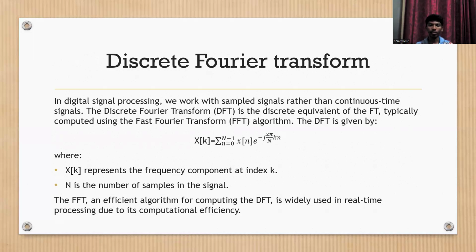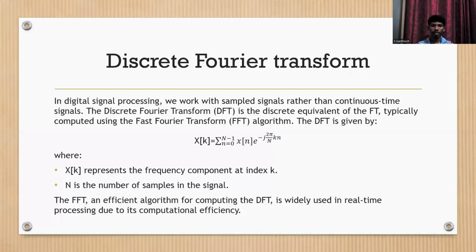The discrete Fourier transform is a discrete equivalent of the Fourier transform, typically computed using the fast Fourier transform algorithm. And the equation is given by X of k, that is the discrete Fourier transform of the discrete signal x of n. So that will be summation of n equal to 0 up to capital N minus 1, and this capital N specifies the number of samples. And we'll be adding up all the x of n signals with e to the power minus j 2 pi by N kn,